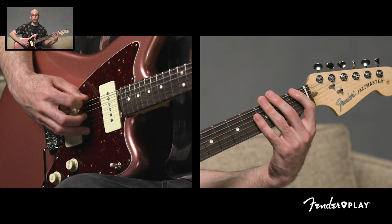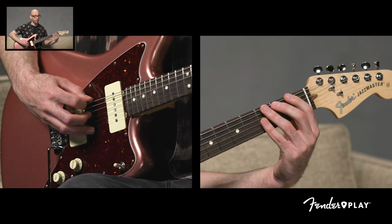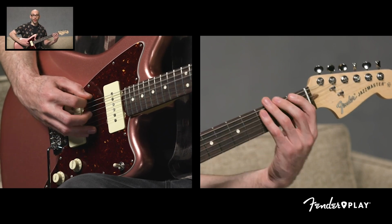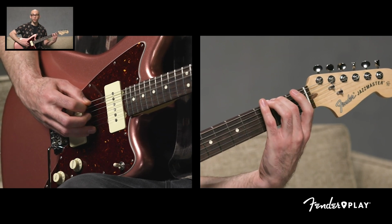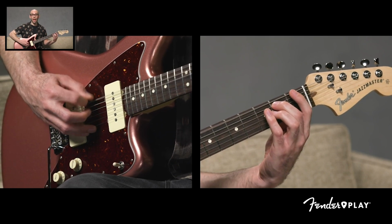1 and 2 and 3 and 4 and, now downbeat of 1 here is where our riff starts. We're going to play 1, 2 and 3 and 4 and, a 4 there is going to be the first fret of the low E. 1, 2 and 3 and 4 and. Then we have 1 and 2 and